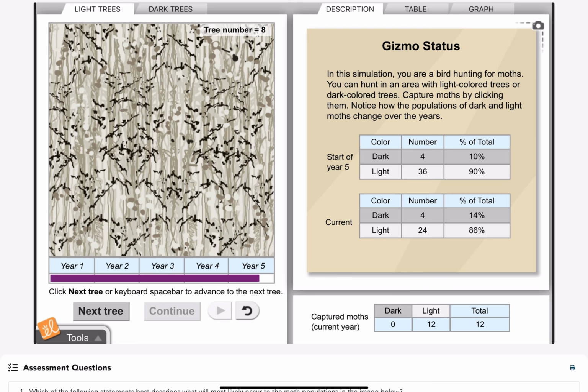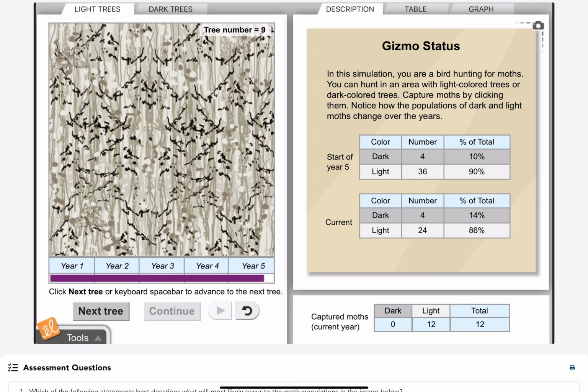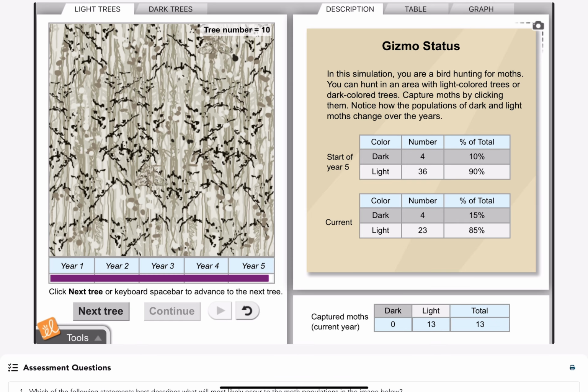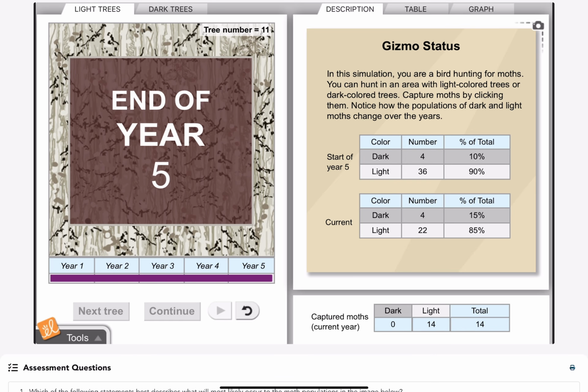I really gotta look. It's very much harder. I don't know if you'll be able to tell that I'm catching them, but after this year we have 4 dark moths and 22 light moths. Okay, after the year 5, you may notice that the total ended up becoming very, very different from the